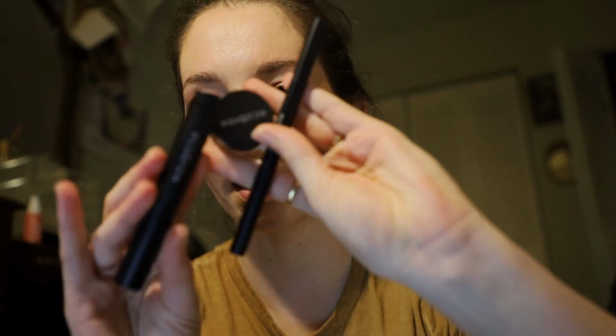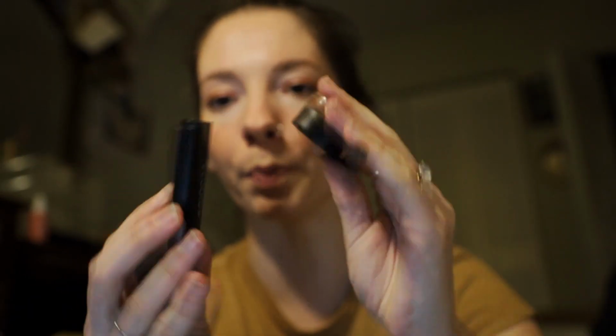Next up, sadly also a fail from that giveaway that I won. This is a few products from the brand Eco Brow, and I won their defining crayon, their defining wax, and their defining gel. So the defining gel is in clear. The defining crayon and wax are both in Penelope Brunette. That was the color that I chose. So the reason that these are a fail,